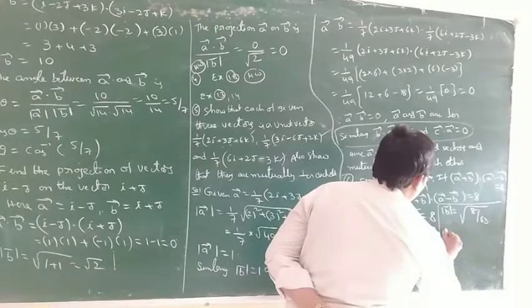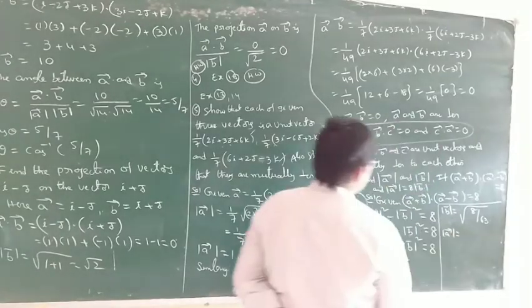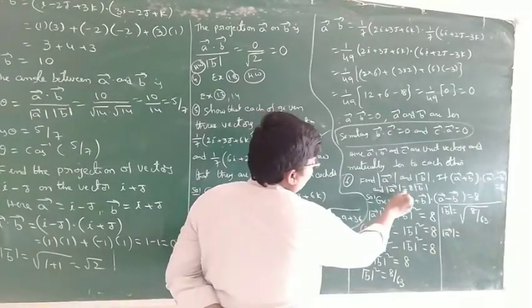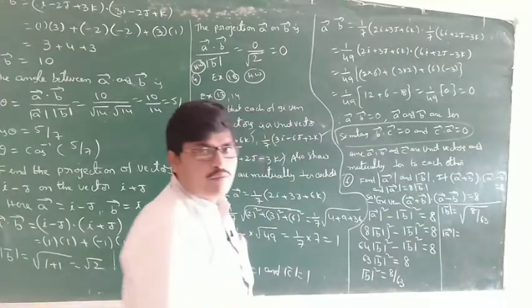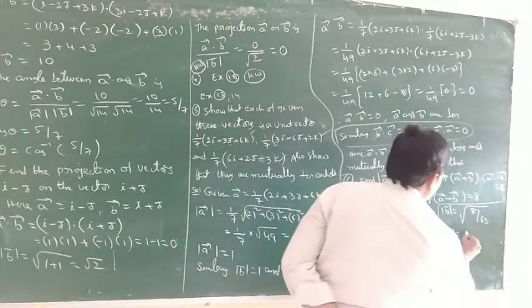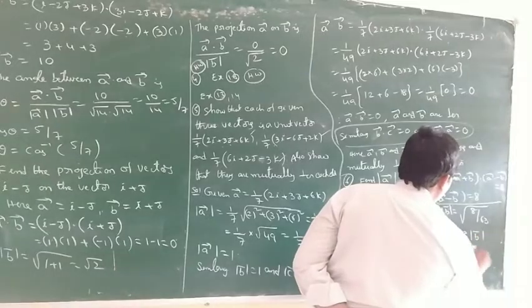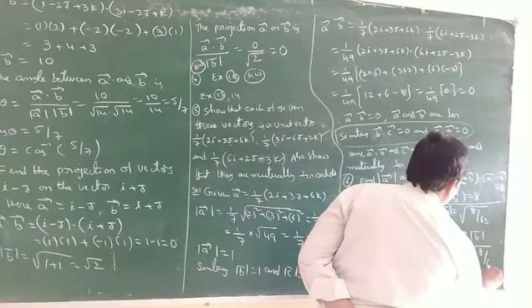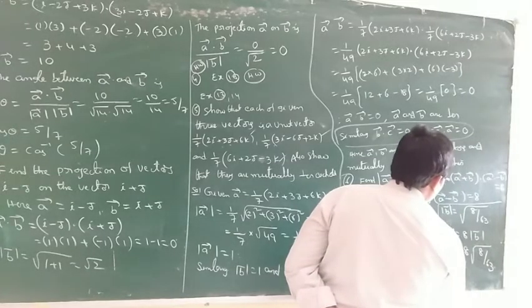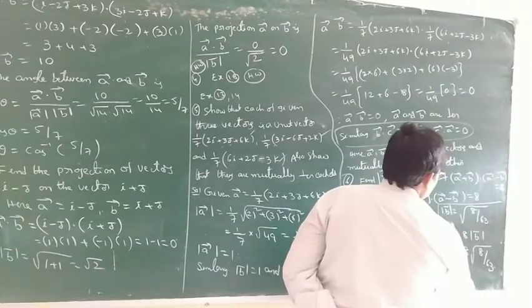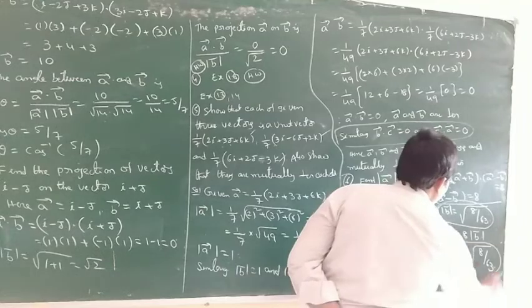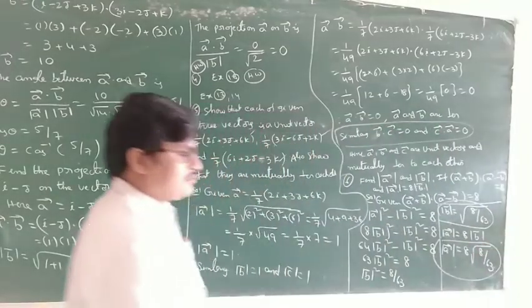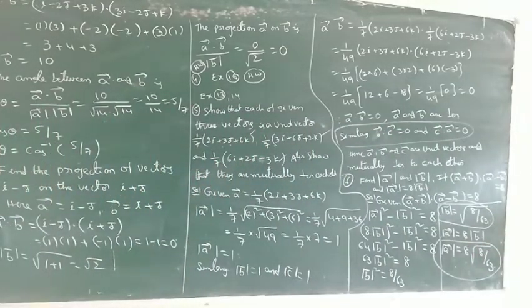So this is mod b bar. Now, mod a bar is equal to what? By the given condition, mod a bar is equal to 8 into mod b bar. So 8 into mod b bar, which is 8 times the square root of 8 by 63. This is mod a bar and mod b bar. Okay, clear?